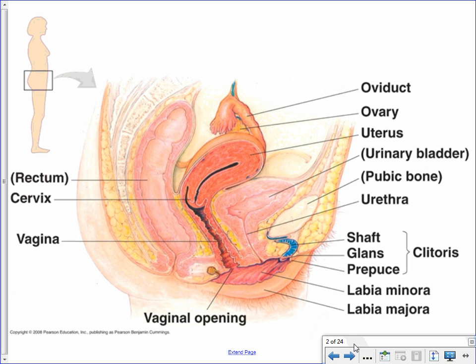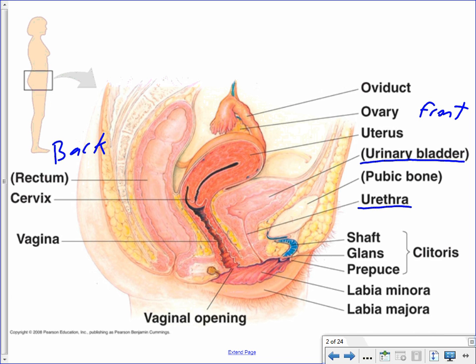Those structures, if we take a look at the diagram here, and for starters, maybe just to orient ourselves in terms of the different regions of the body, this here is going to be the back of the body that we're taking a look at here. This is the front over at the right hand side. Urinary bladder and the urethra structure is not directly related to, but in close contact with the structures of the female reproductive